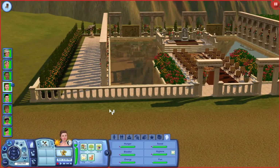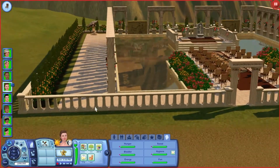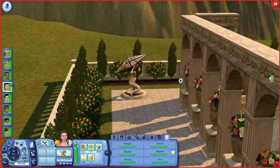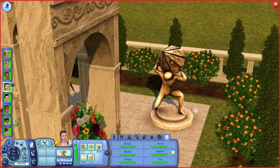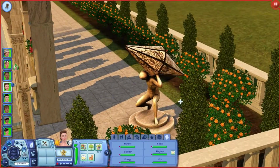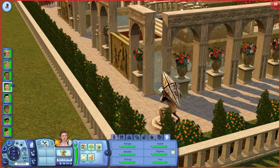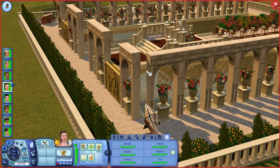It is sunset, and it does light up nicely at night, so I'll show you the things that don't have a lot of light on them first. Here is the statue of Atlas I put in because, you know, I thought that'd be cool. But aside from that, and that's base game. Everything in this is base game, and